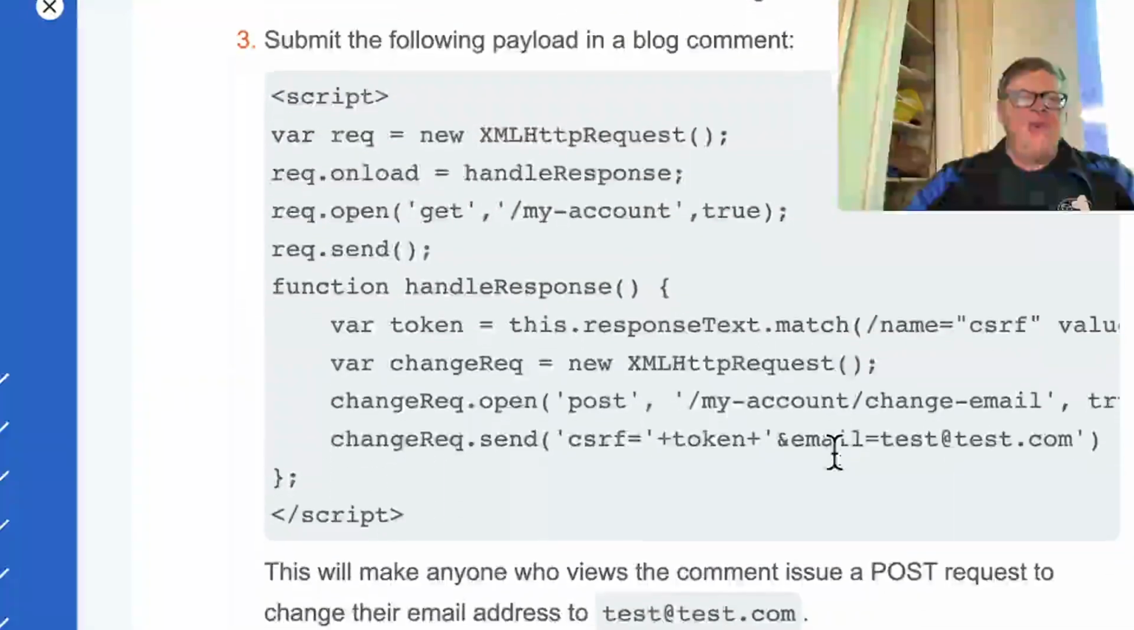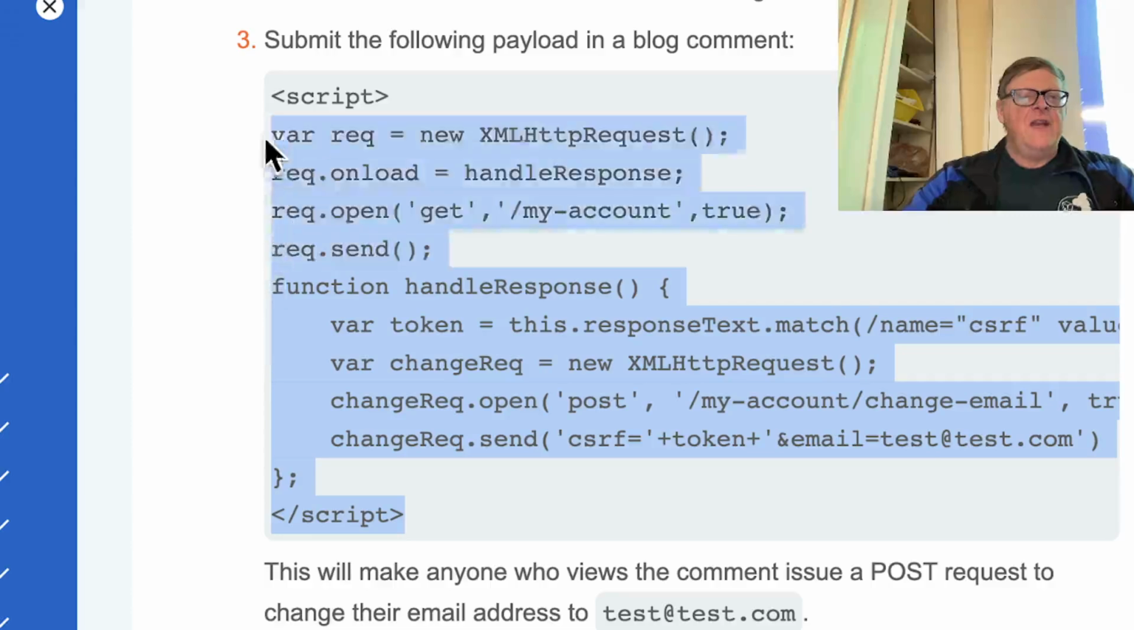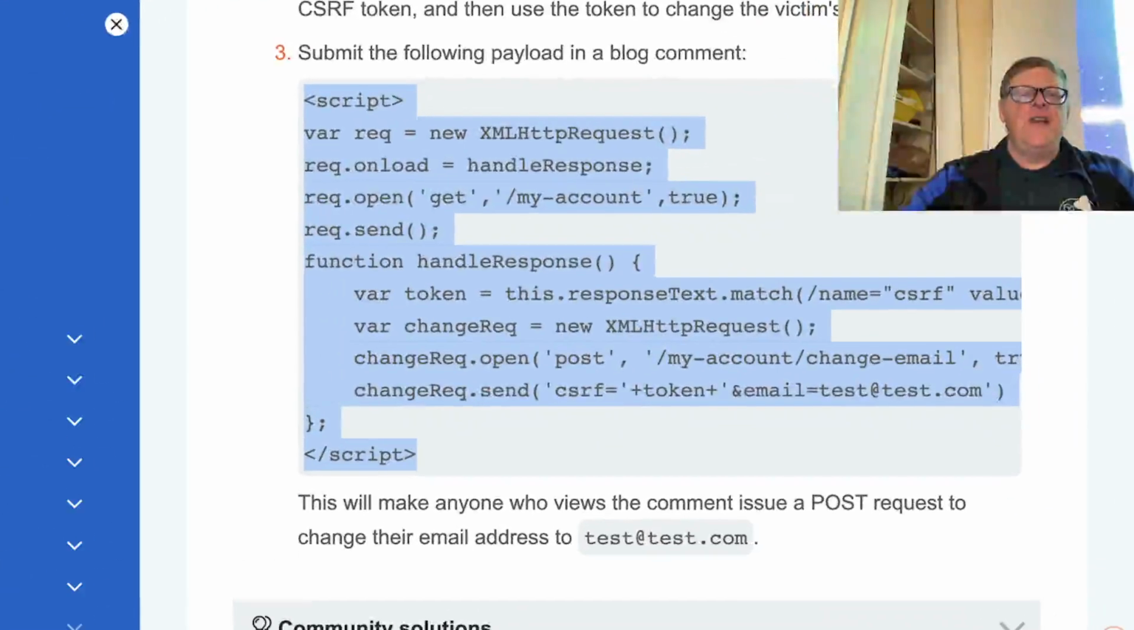So this is the payload to a blog comment to do all that. The other script just popped up, alert 1. This script is going to do this complicated stuff. It's going to make a new request. It's going to go to my account and send something. And here's handling the response. That's going to